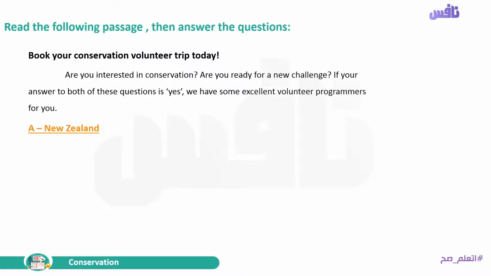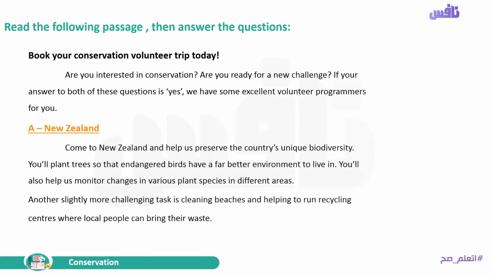A, New Zealand. Come to New Zealand and help us preserve the country's unique biodiversity. You will plant trees so that endangered birds have a far better environment to live in. You will also help us monitor changes in various plant species in different areas.